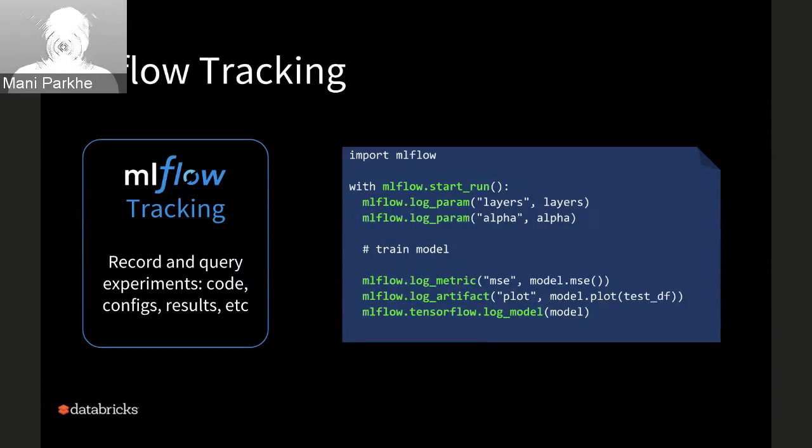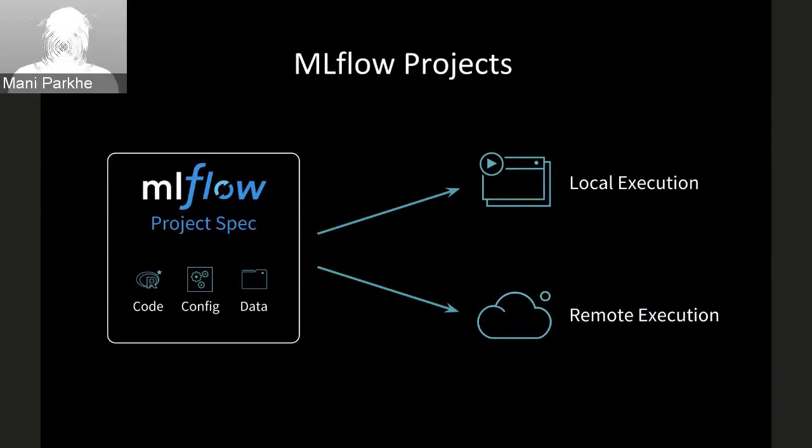In this particular example, the model happens to be a TensorFlow graph, so we are logging it like a TensorFlow graph. MLflow has packages within it to understand that this is a TensorFlow graph, and I'm going to write it as a model. So any tool that understands the TensorFlow graph can use that for deployment. So with a very simple API that surrounds your existing training algorithm, you can now very easily use a tracking server, and whatever happens during this run gets logged to the tracking server. All right, so that was tracking.